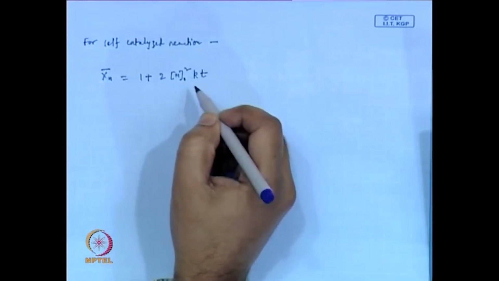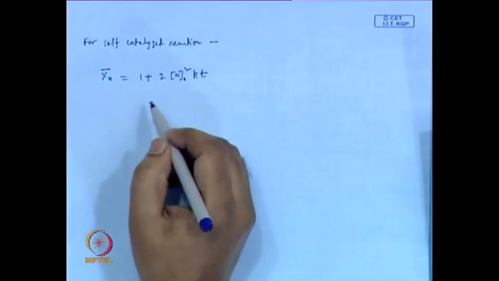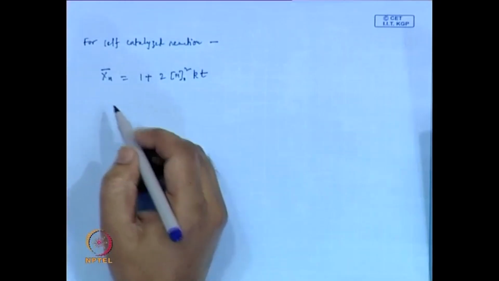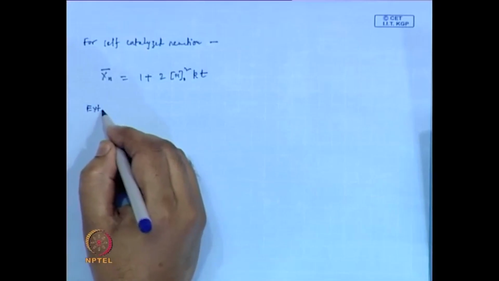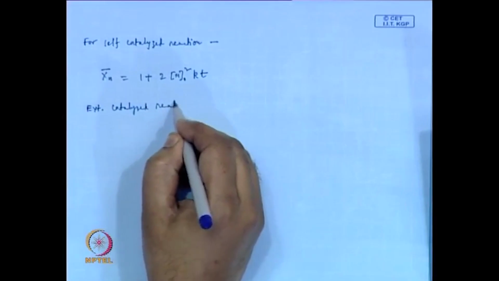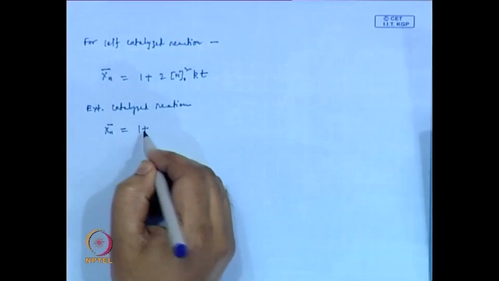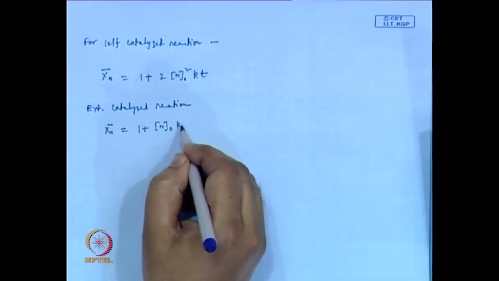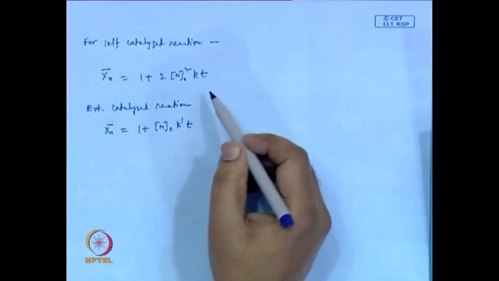Kt, where M0 is the concentration of the monomeric species at the beginning, whereas for an external catalyzed reaction we got Xn is 1 plus M0 K dash T. Now, from these two equations we have seen in the last class itself